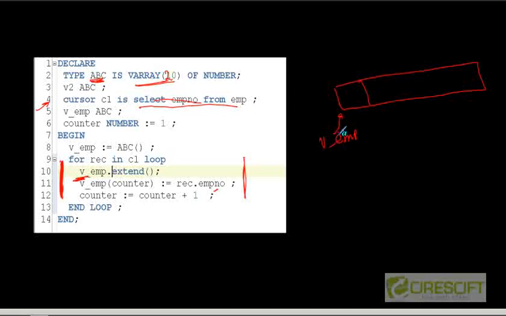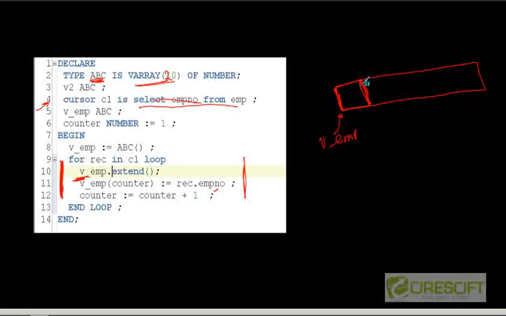the size of the array static, or the size of the array should not be determined at design time, because in an employee table we might have 10,000 rows. So are you going to go on and change it every time? This is not a good practice. So is there any way that we can define some kind of array where the size of the array can increase dynamically,